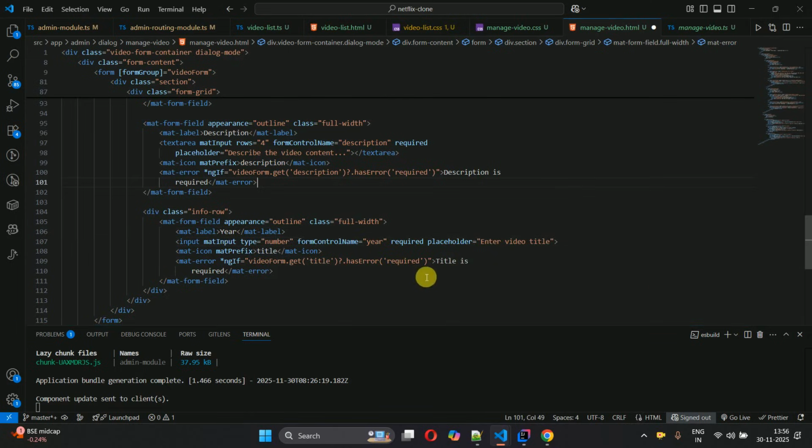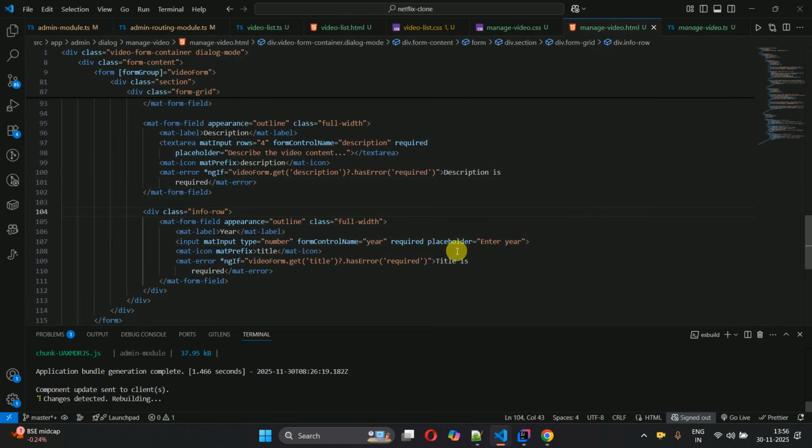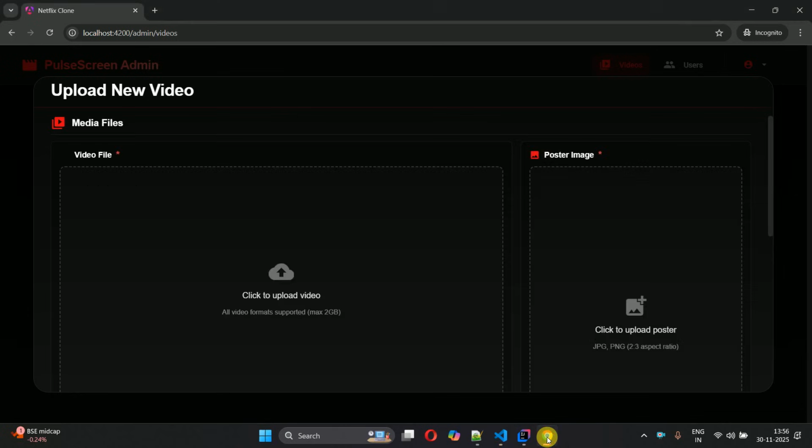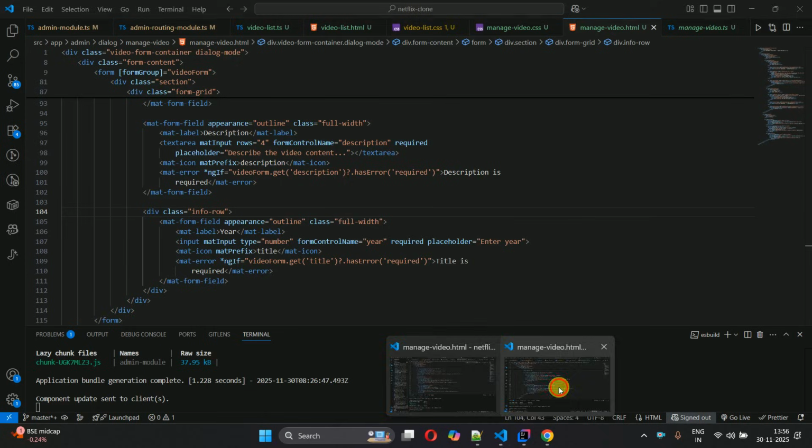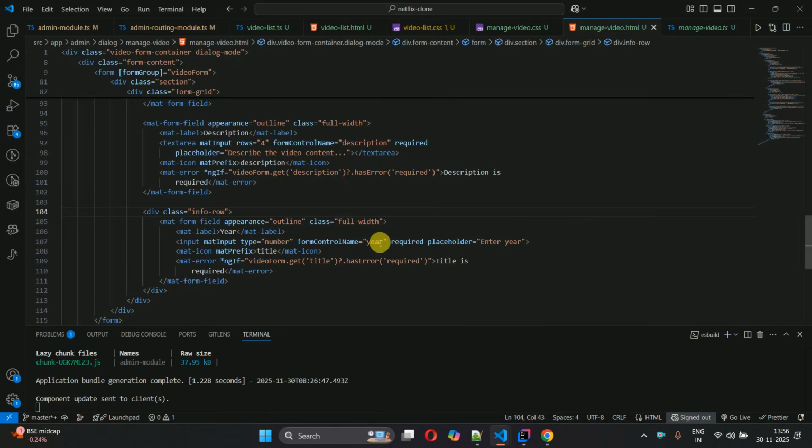and required, placeholder whatever the year you want, you can put it, like by default enter year, like that. By default the values will always be there. If I go over here, right, okay, did not, yeah, you can see 2025 is visible, right? So it's working as expected. Let's check the validations and all that we need to add over here, and here we have to just write year,